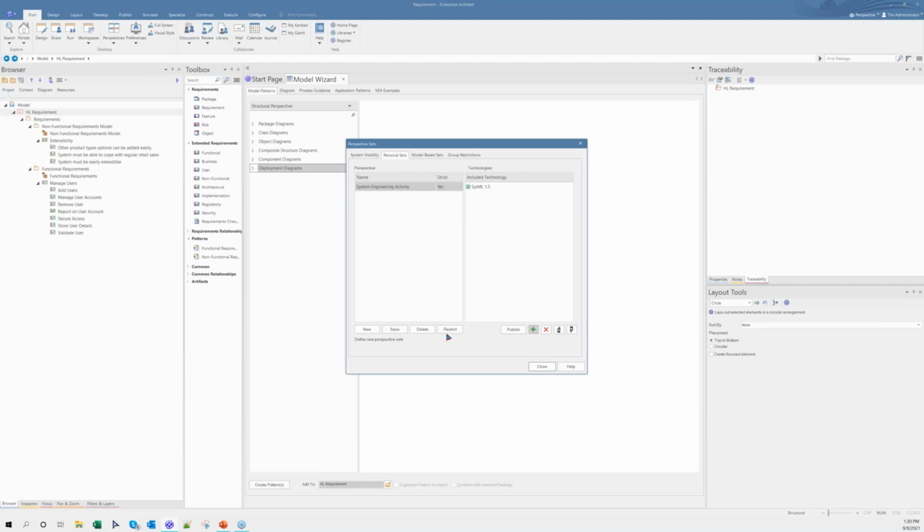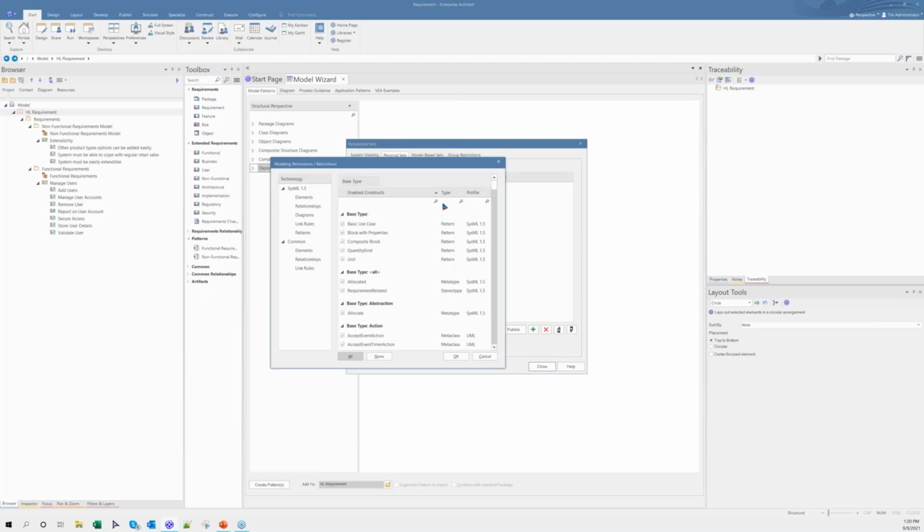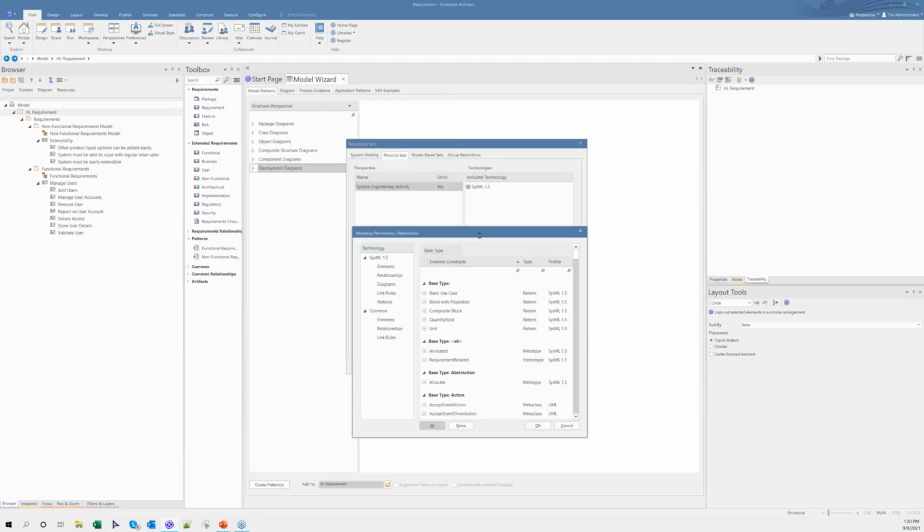For that, I have to click on this restrict button, which gives me an option to customize the list of elements, the list of diagrams, and the list of relationships which I'm going to use for my modeling purpose. First of all, I'm selecting the elements, unchecking all these items by clicking on none, and I say actions.